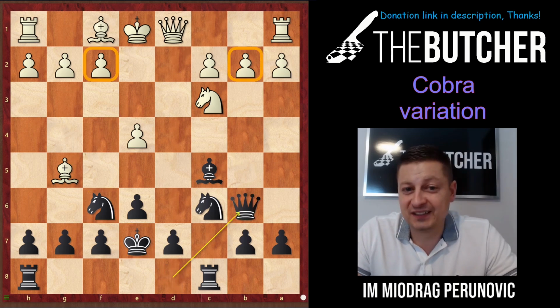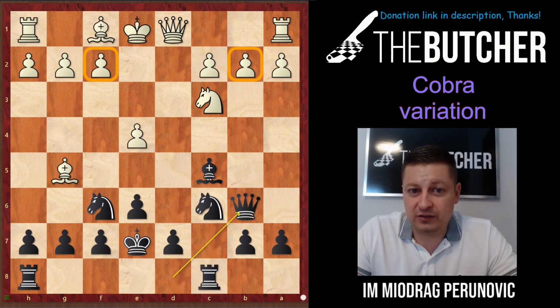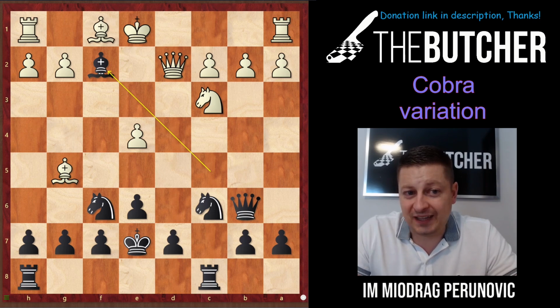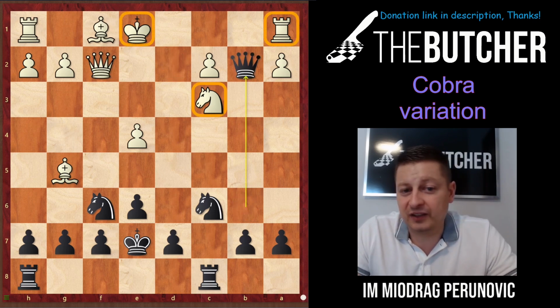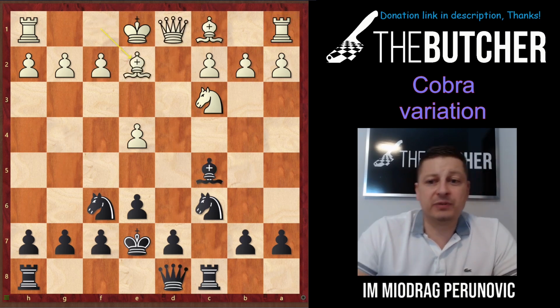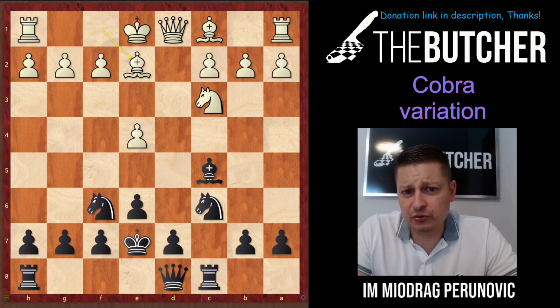You play queen b6. You're now threatening f2, and you're threatening to take on b2. When they play queen d2, it's a good way of sacking this bishop. Why? Because after you take on b2, he can't defend both the knight on c3 and the rook on e1. What an easy line. If they go bishop e2, I'll show you the following game,